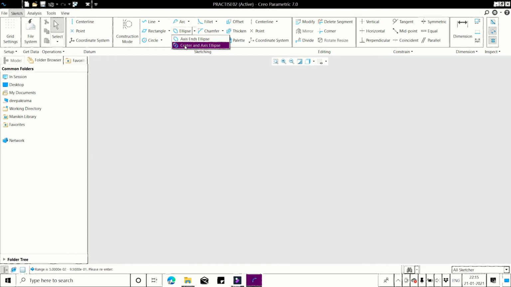Here 2 options are available. First one is axis and ellipse, second one is center and axis ellipse. We will go for axis and ellipse. Click on the first point, click on the second point. See, the axis is tracing the second point.